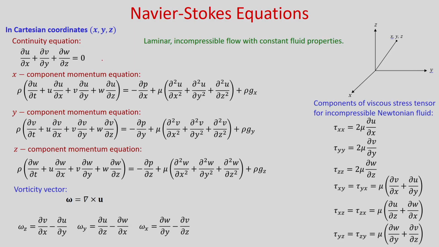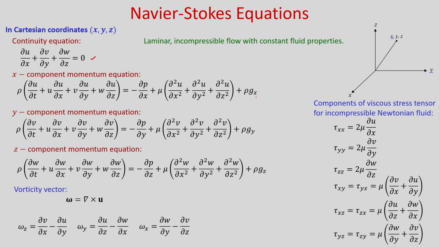Hello everyone. So, in the last module, using Reynolds transport theorem, we derived the continuity equation and Navier-Stokes equation. In today's lecture we will try to find the analytical solution of Navier-Stokes equations for a simplified problem and for simple geometry. You can see that in the last class we derived the continuity equation for Cartesian coordinate.